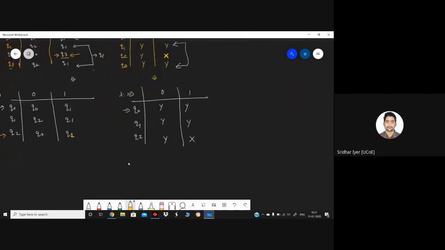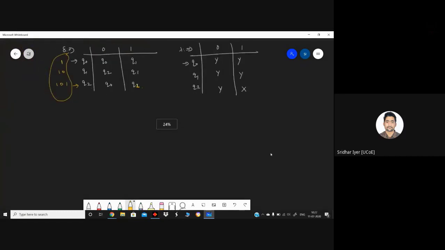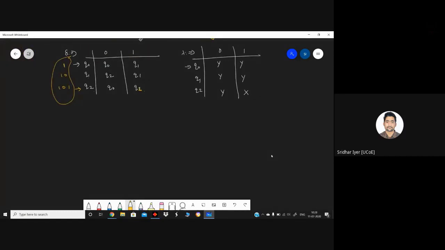And last step remaining is the diagram. So let's quickly complete the diagram. We have to cover these three states now, Q0, Q1, and Q2, because we have done the merging. So now from Q0 on input 0, it is going to Q0 only. You have to write it like this, followed by the corresponding output, which is Y. In the same fashion, from Q0 on input 1, it is going to Q1. So write the input first, followed by the output, which is again Y. The same sequence, Q1 on input 0 goes to Q2. So input is 0 and the output is again Y over here.